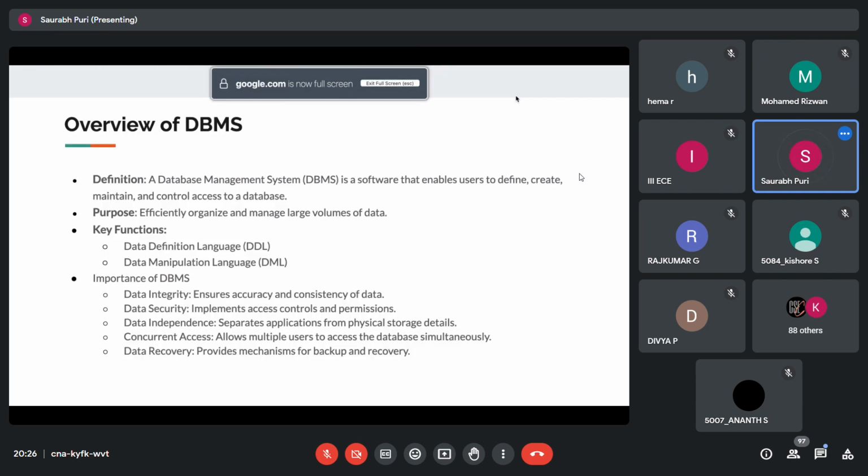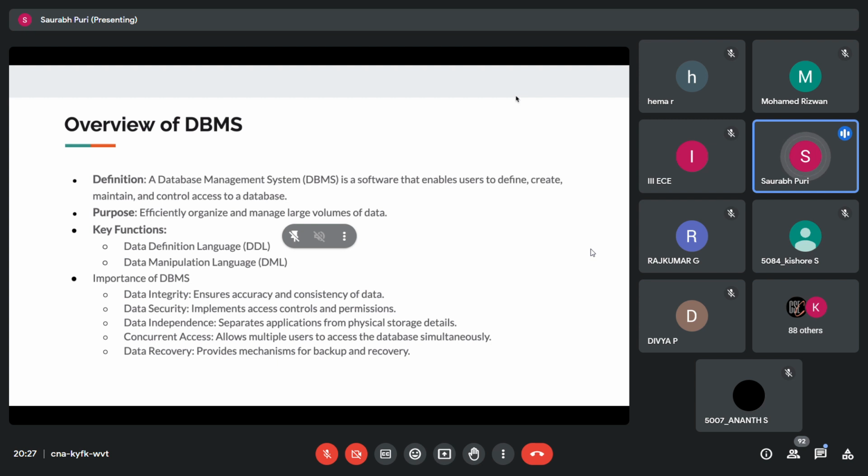So DBMS, what is DBMS? As you all said, you can learn from here. I won't just repeat the slides. You can see and read from here. It's just a kind of software that enables us, the users or clients, to store the data and to